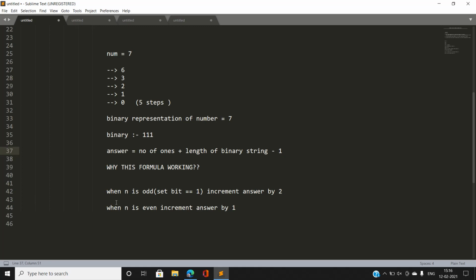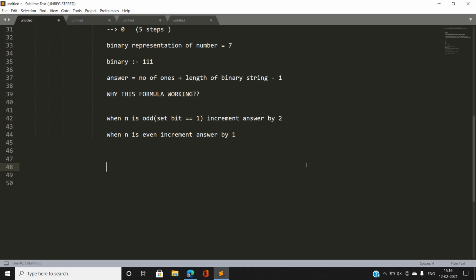So let me move further. What would be our O(1) space, one-line solution of this problem? I am going to return, let's say, the answer equal to __builtin_popcount of that number. What this built-in popcount does is, it is an inbuilt function of the C++ GCC compiler, which returns the number of set bits equal to 1 in the binary representation of the passed parameter, that is the number. So it is going to return the number of ones present in the binary string,